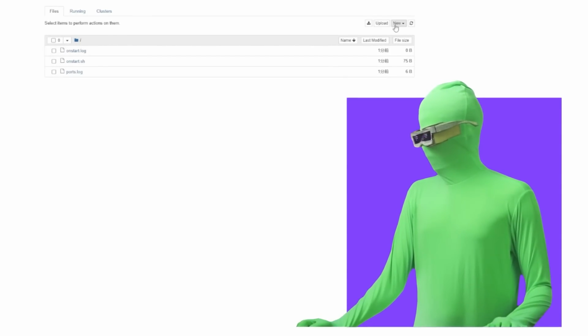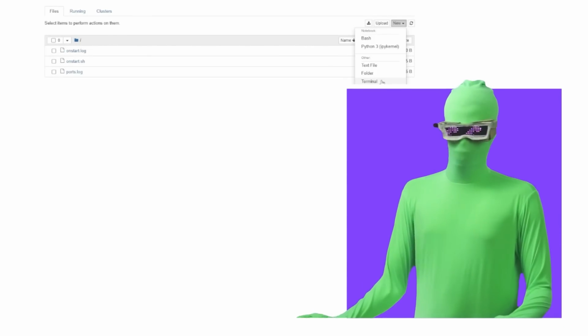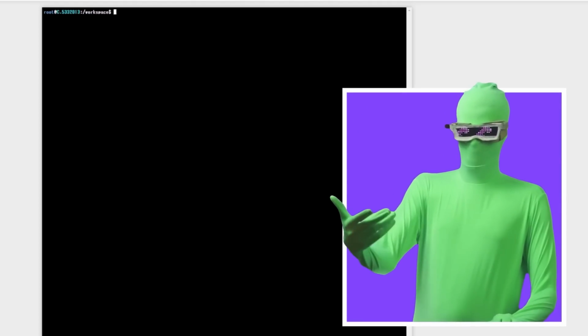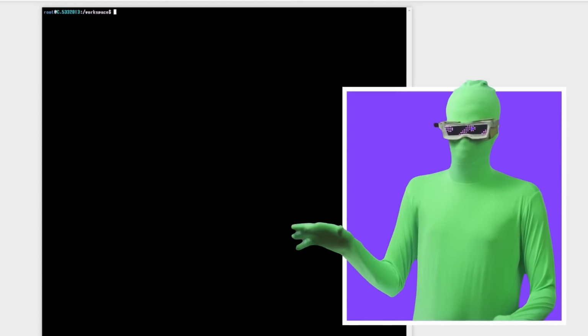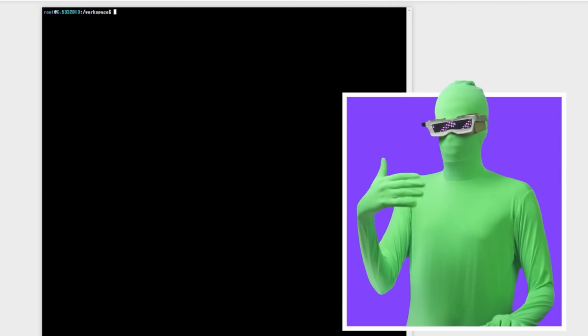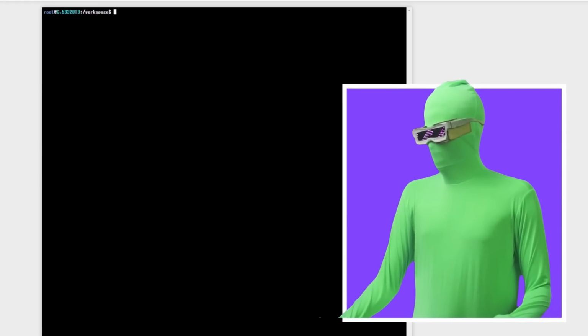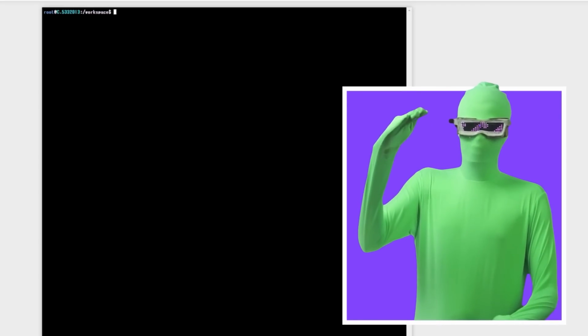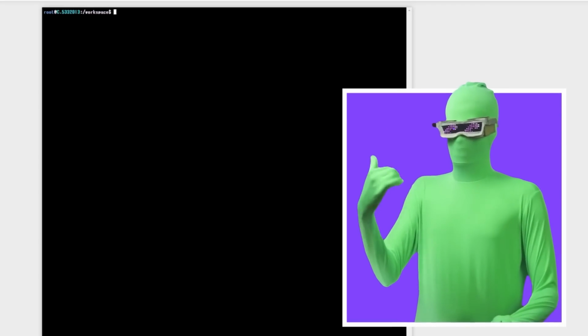So you want to come up here to new, click terminal. That should open up a black box like this. And you want to start entering in some commands. You can't just copy and paste into this window. So if you copy paste like Control V, Control C, it's not going to work. You want to right click and then paste. So the first command you're going to have is this. I'm going to have all of the commands in order in the description, so you can just copy them from there and send them over here.